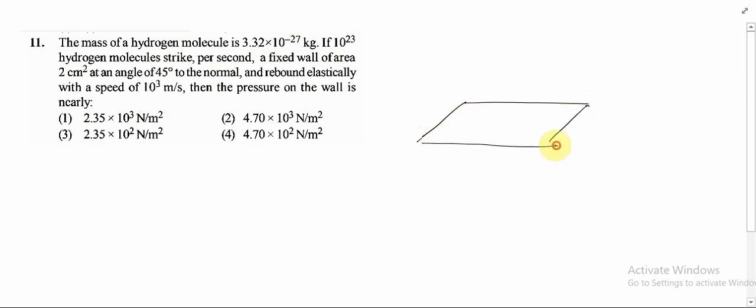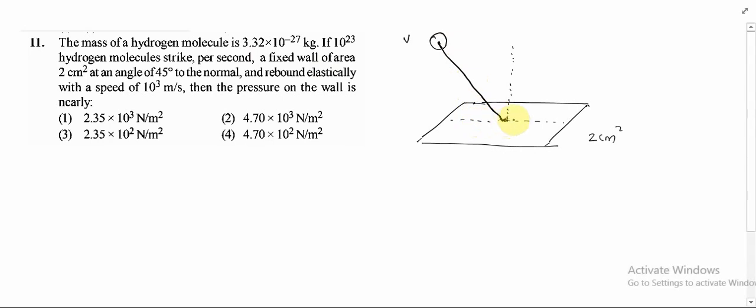Suppose this is the area. So the area is given as 2 centimeter square, and this is the normal. Suppose we can take one hydrogen molecule at a time. We can take the case of one hydrogen molecule. So the hydrogen molecule is traveling with the velocity v. It hits the area. Okay, I have drawn it wrong. Let me just redraw it. Okay, it hits the area now